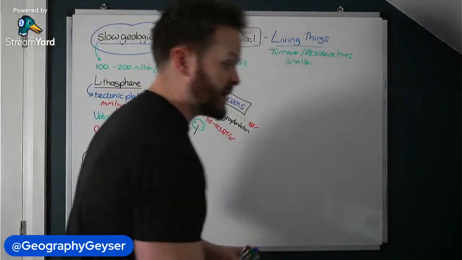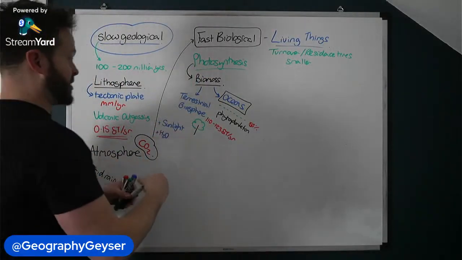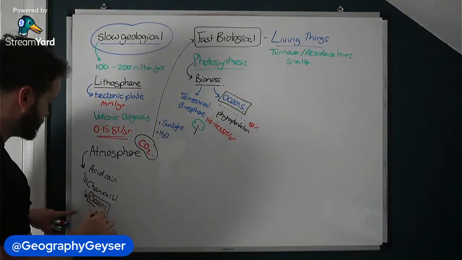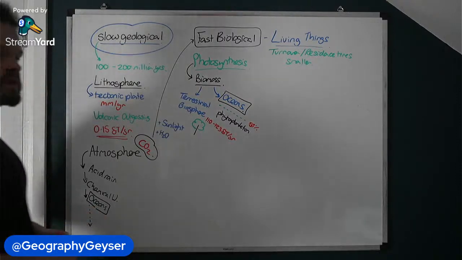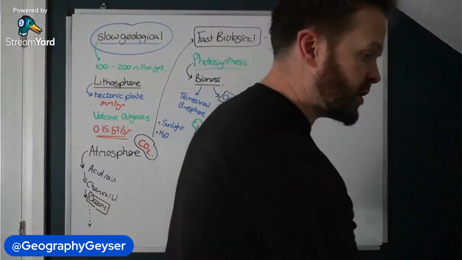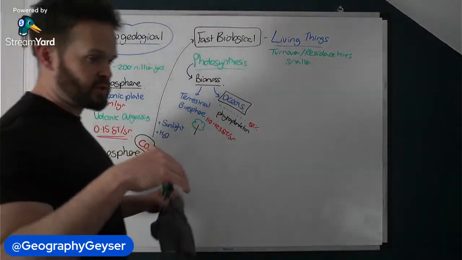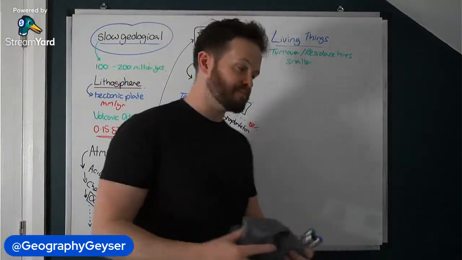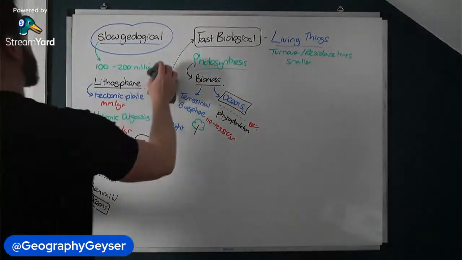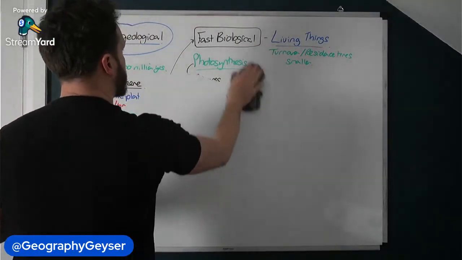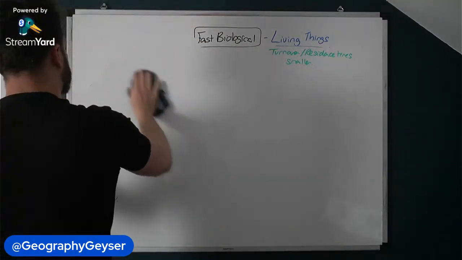And then remember, we can go back into the slow geological cycle because once we get into the oceans, it can just get caught up in this cycle again. So I'll clear the board and we'll go through the oceans because there's a lot to go through, because there's these things which I'm sure you all remember called the pumps, and it's the pumps that will give you that understanding of how carbon moves around the oceans in the various ways. So I need the whole board for this because there's a lot of pumps to go through.